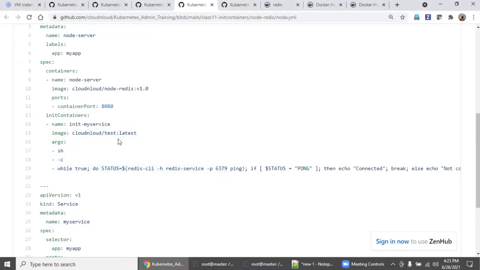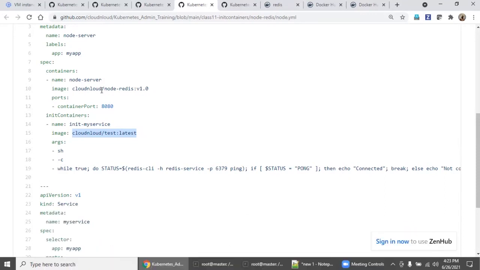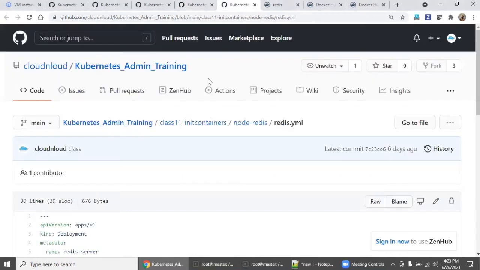If you want to create your own image, simple, you download these two images, and in the Docker class we have discussed how to convert them into a custom image. So you convert this naming convention, Docker tag with your repository name and image ID, and you push it so that you no need to depend on my image, right? Then the other image.